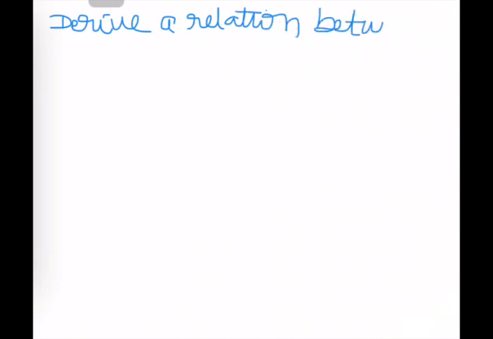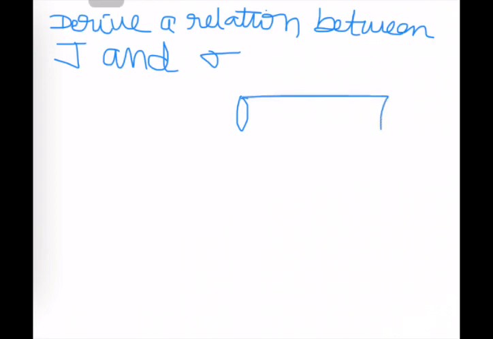So derive a relation between current density J and conductivity of a conductor. Conductivity is represented by the letter sigma. Now take a conductor. Conductors are thin, but for the sake of derivation, I have drawn a big sized conductor,